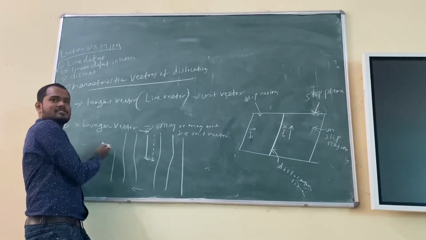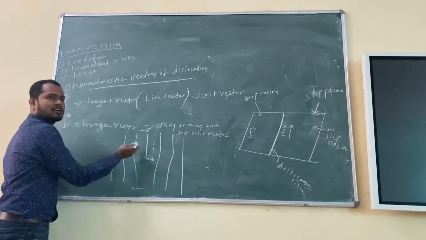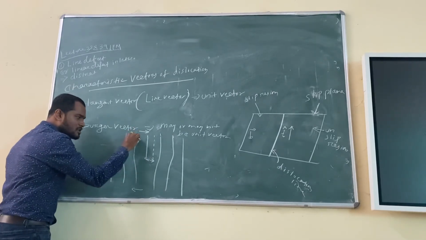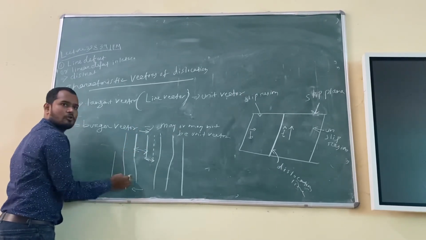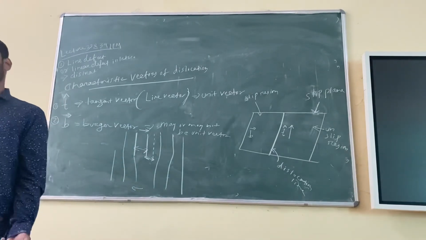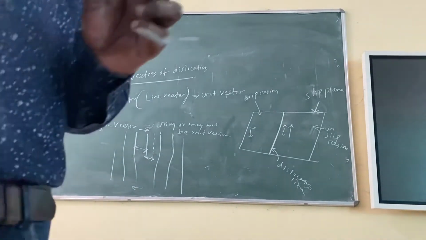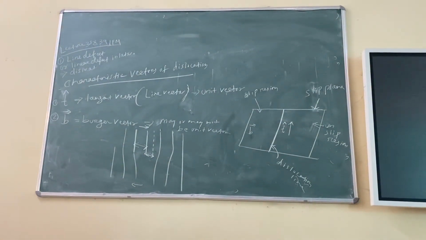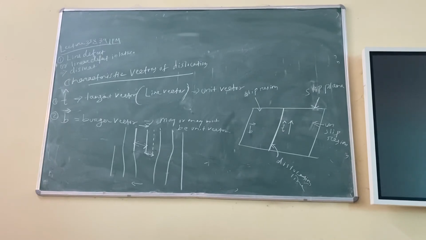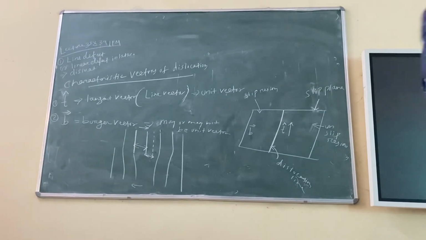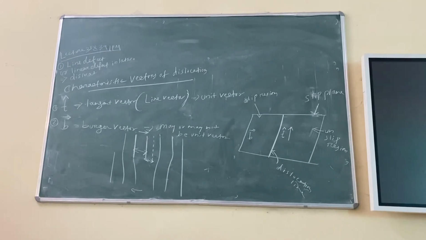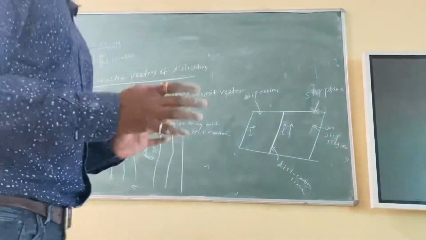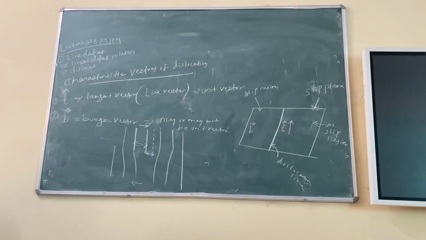Suppose this one has to move in this direction, so the Burgers vector direction will be in this direction, right? And magnitude, suppose this is moving completely to this one, so this will be the magnitude, one atomic distance completely. It is okay, right? So these are the two vectors, tangent vector and Burgers vector, that define dislocation. Tangent vector is always parallel or tangent to the dislocation line, and Burgers vector is showing you how much magnitude of slip is happening, and slip is happening in which direction. Left to right or right to left or anywhere, right? Okay. So now we'll move to next.